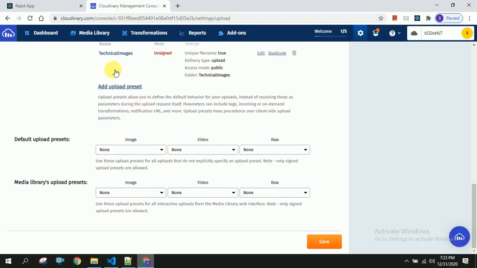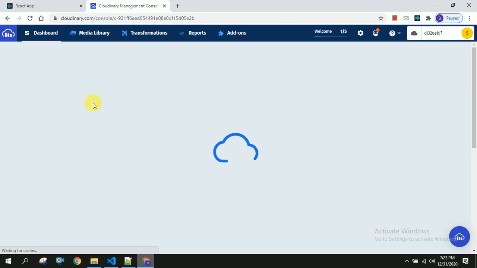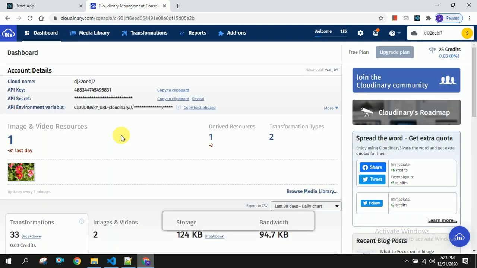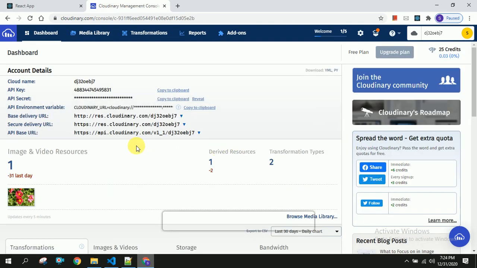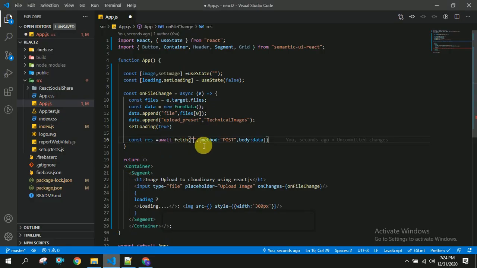For this URL you have to go to dashboard in Cloudinary. You have to click on more and you can see the API base URL. We have to copy this and paste here.